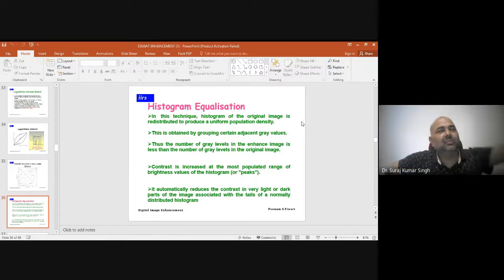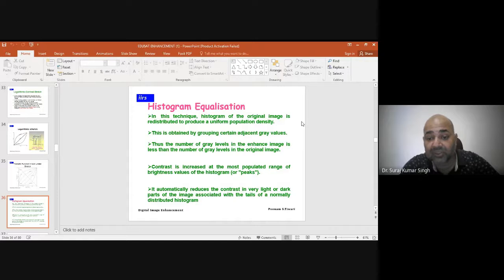redistributed, somewhere it will be very high, somewhere it will be very low, but histogram equalization will produce uniformity in the histogram. This is obtained by grouping certain adjacent gray values. So what we'll do, we'll try to change the range value so that the values of a similar range can fall together into a new class where it was misclassified in the input image.